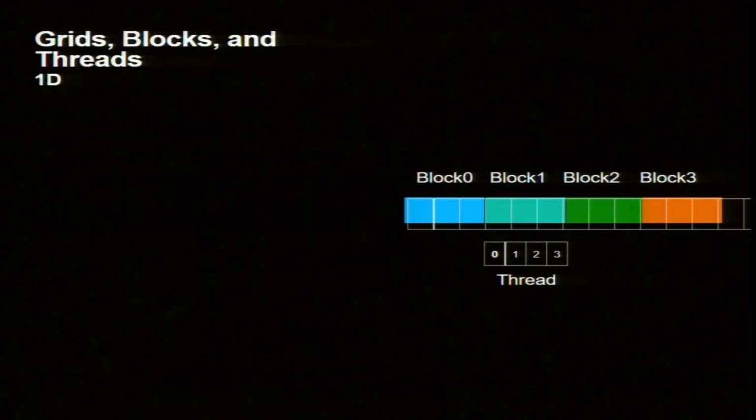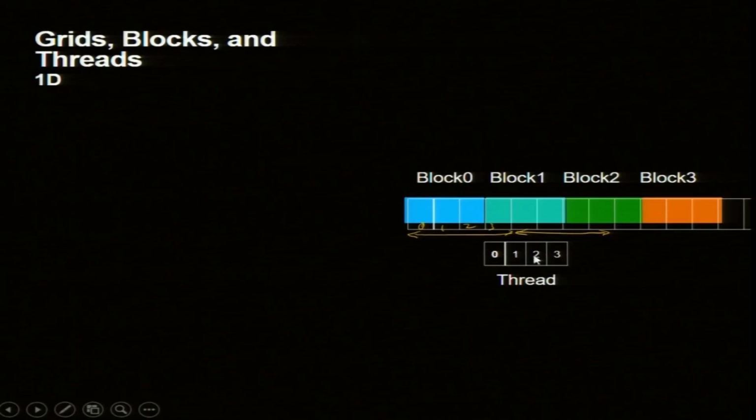In this picture you can see that we have blocks, although the color has not come out well. 4 threads make a block: 0, 1, 2, 3, then another 4 threads make a block, and that is how it continues. The original slide has 4 blocks of 4 threads each, so there are 16 threads in total. It has an advantage, which I will tell you right now.